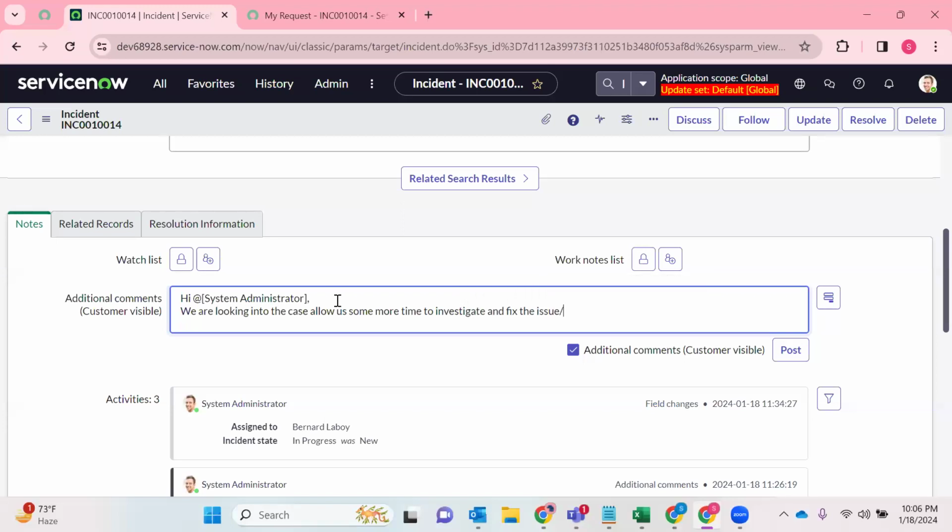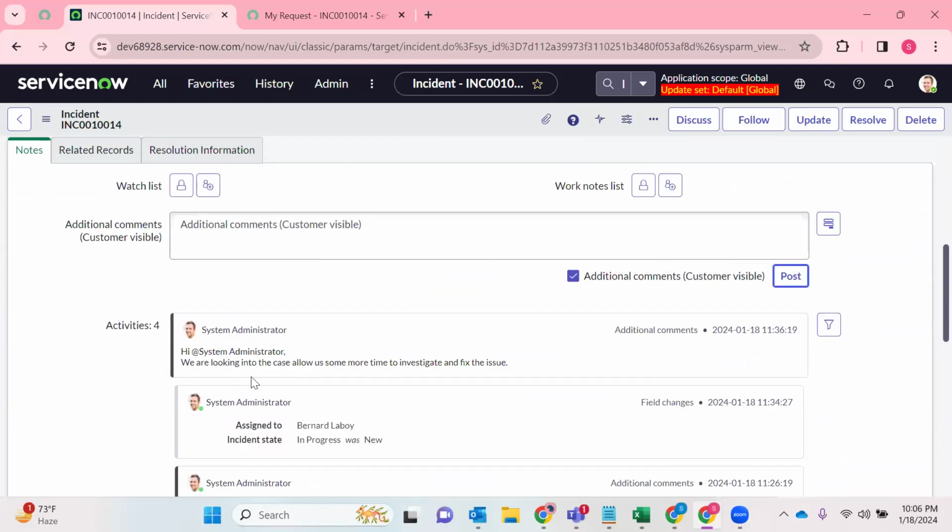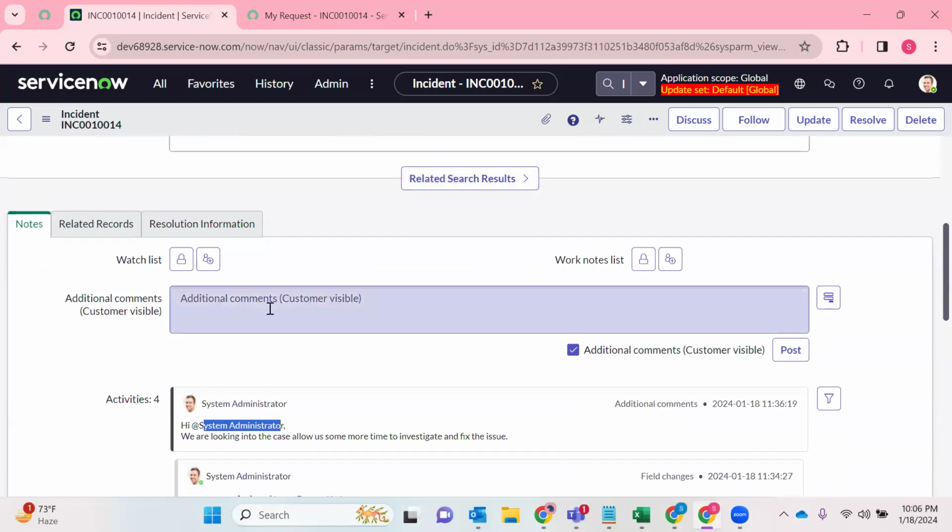So something like this, you can post about your inputs and just click on the post. This will be sent to the system admin, the caller. Likewise, when it is work notes, it is within the internal team. And here you can see the watch list. Watch list is nothing but your manager or manager's manager, your assistant manager, team lead, whoever is concerned,